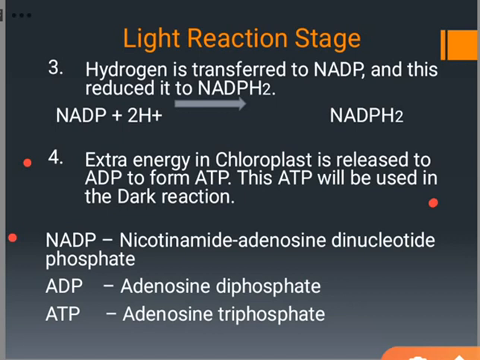Now, the difference between ADP and ATP is that there are just 2 phosphate atoms in the ADP, and we have 3 phosphate atoms in the ATP. Now, what is being generated here is that we now have ATP being formed, which will now be used in the dark